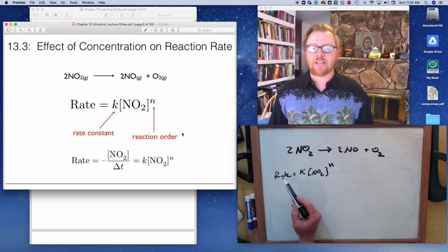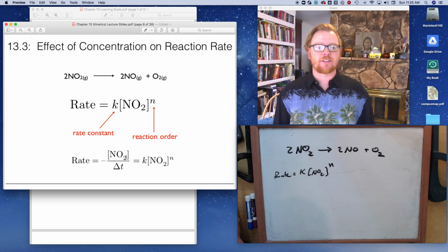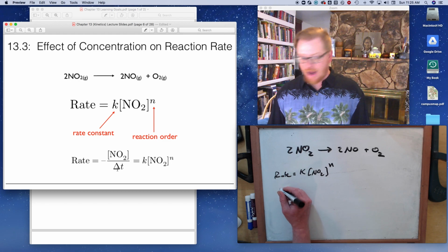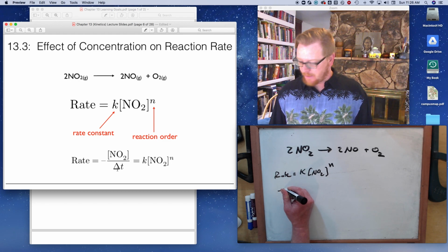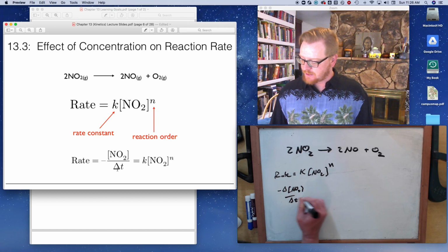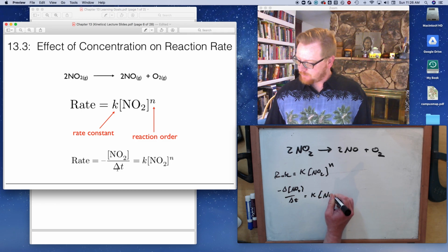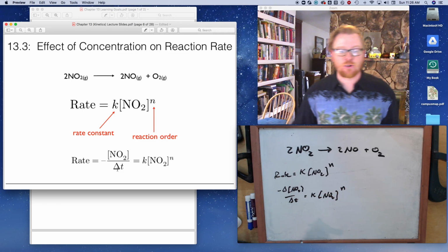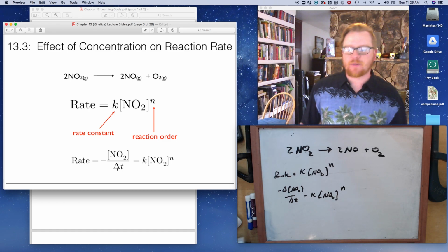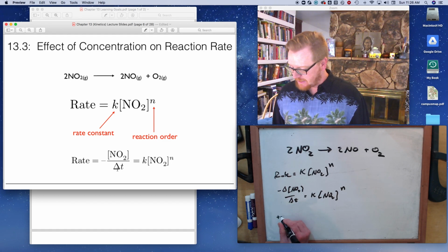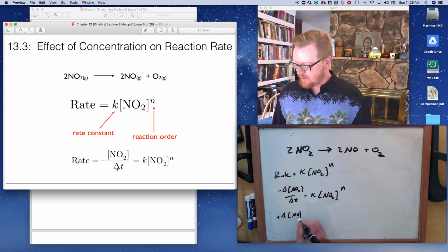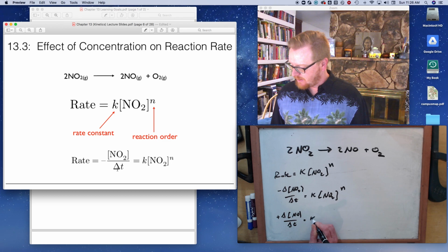All right? And so, of course, I just said rate equals K times NO2. And you notice on the slide, it was written as negative delta NO2 over delta t equals K NO2. This would be doing it in terms of the absolute rate of NO2. That should be negative delta NO2 over delta t equals K NO2 raised to some reaction order. So now the fact that I've kept that without the 2 right there means it's going to be equal to positive delta NO over delta t equals K